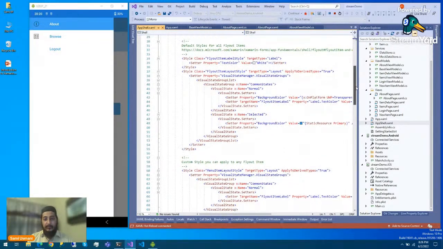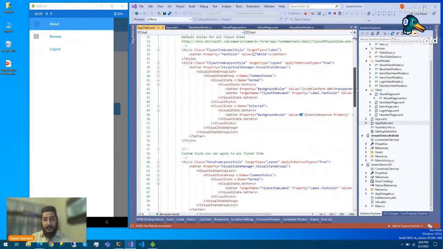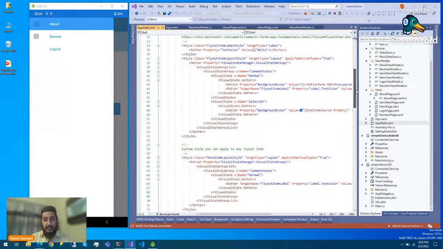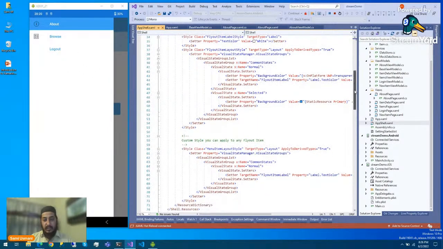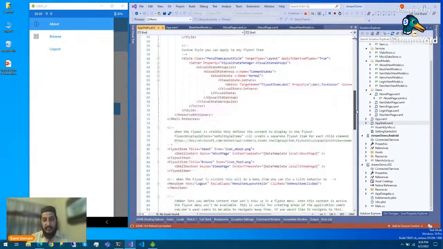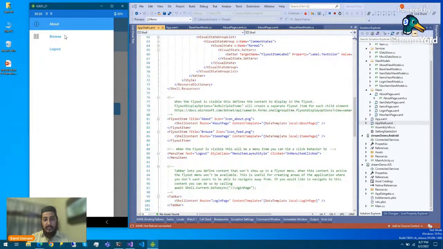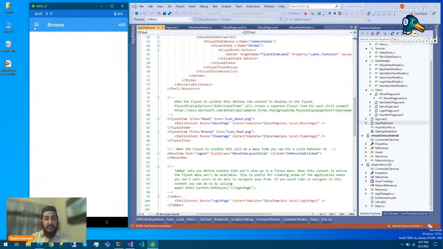All right, so first is the flyout item. There are multiple flyout items, and you can see these are defined here, and we have multiple options for it, such as when something is clicked, or what is the state of the click. Like if I click this button, what will happen, and when I click that button, what will happen.